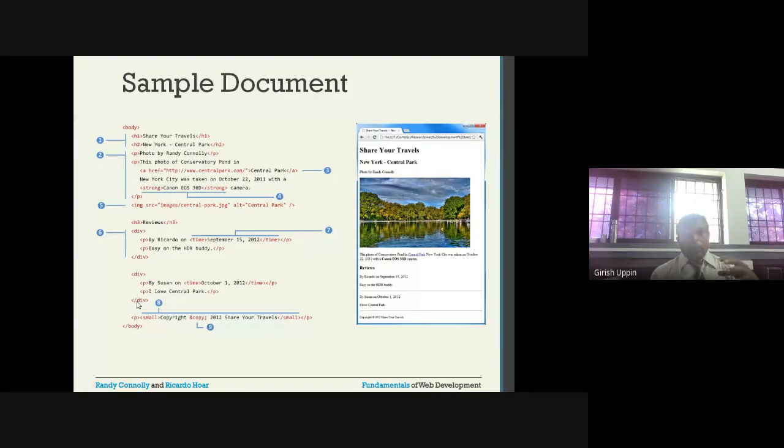Whatever HTML tags you want to group, you group under the div. It acts like a container. You will not see any visual representation for div, but it will group them together and make this a division.